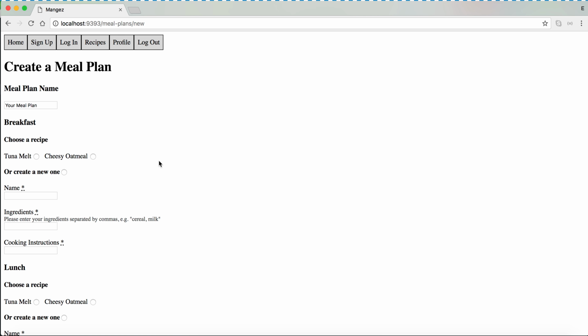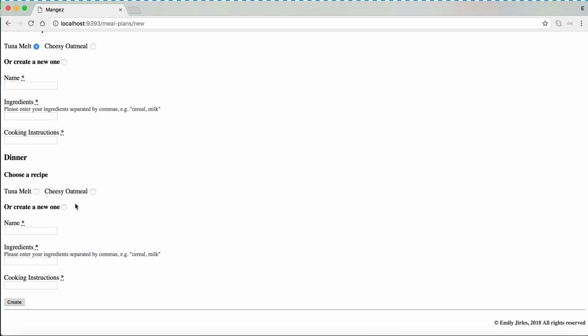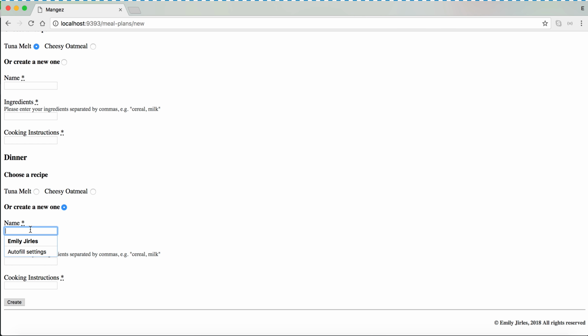So we actually need one more recipe to make a meal plan, but let's go ahead and do that on our new meal plan page. So we'll give it a name. It's going to be Callie's meal plan. And for breakfast, we'll have our cheesy oatmeal. For lunch, we can have our tuna melt. But then let's go ahead and create a new recipe for dinner. So what would Callie like to have? Let's say